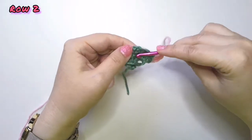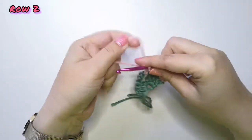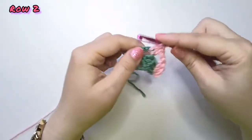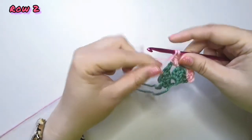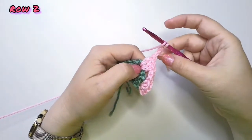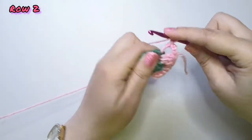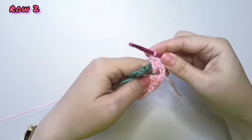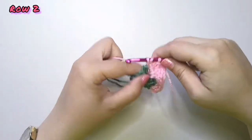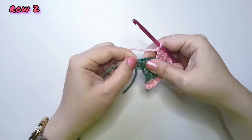3 double crochet into the chain 3 space, chain 3. Now we can cut the pink end, 3 double crochet into the same chain 3 space, chain 1